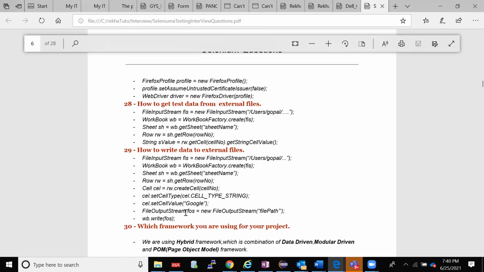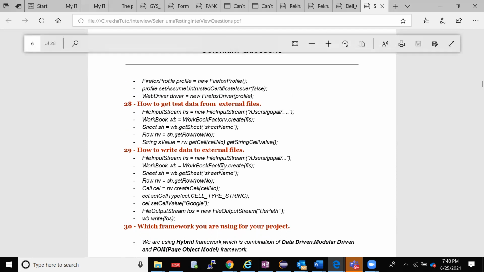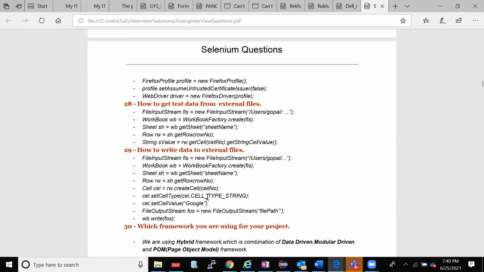How to write data? I've not taught you people how to write data. Anyways, this is not that important, but you can just see it once so that you'll be able to answer. In the same way, you tell it to which file you want to write data, so you'll give that file. Then you'll create the same workbook. You'll go to a sheet, a row, and a cell. Then, instead of getting the row value or cell value as we did, once you get into the particular cell, you'll call cell.setCellType and give the value there.